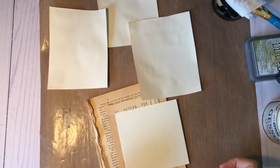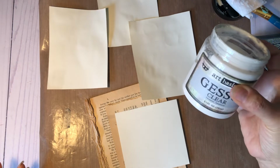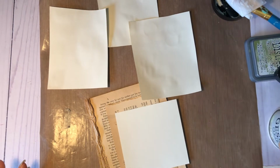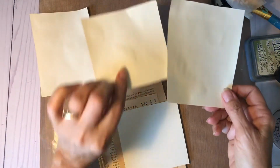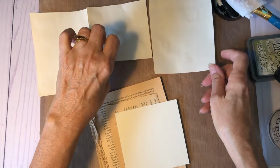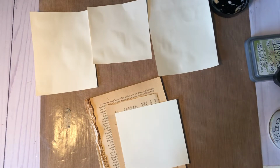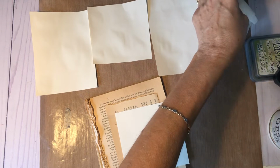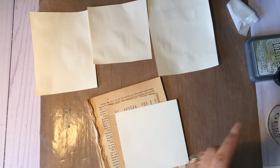Now she used white gesso, and believe it or not, I have misplaced my white gesso. I don't know how that's even possible, but I did. So I'm just using some clear gesso. Let's see how that does. I went on and put some on these 3 pieces so they'd have time to dry, and then I thought I'd go ahead and do this 4th one with you. Move this out of the way. So let's just go ahead and start. Got some gesso here,